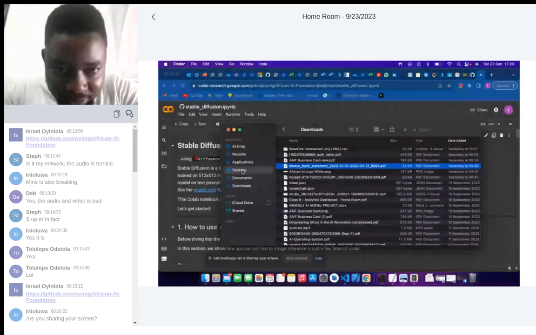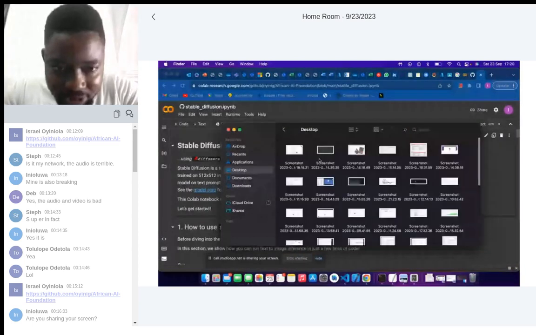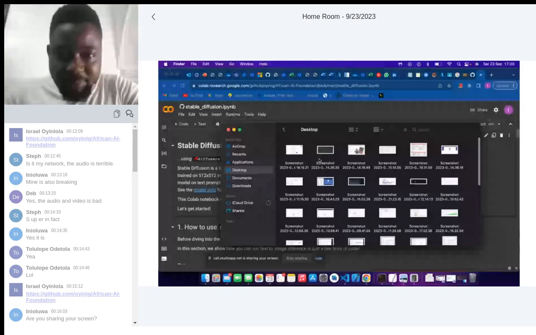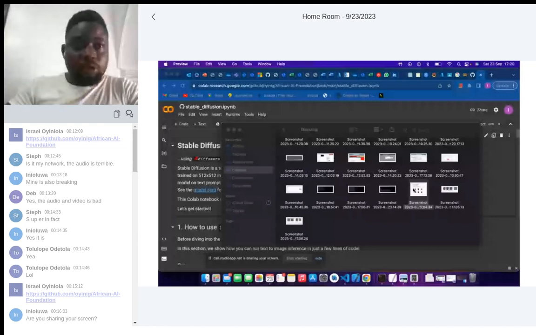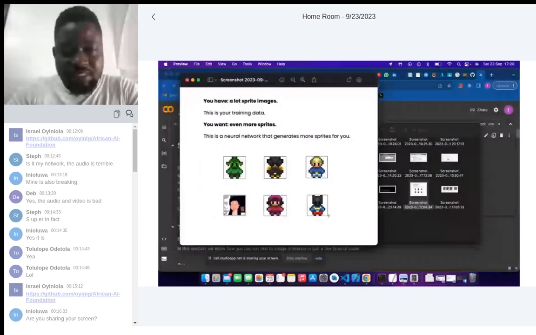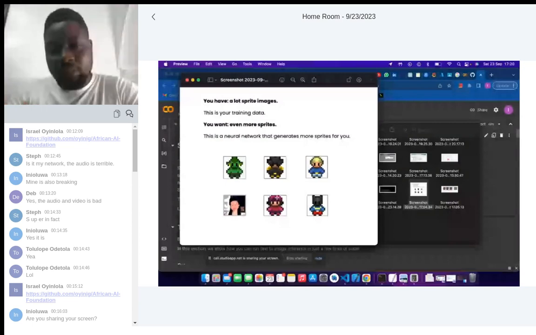So let me show you. I have a picture that I think describes this. All right. This picture. So you have an AI model that has been trained with these images, right? It has been trained with these images. The process of training entails